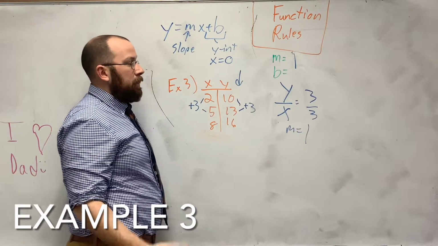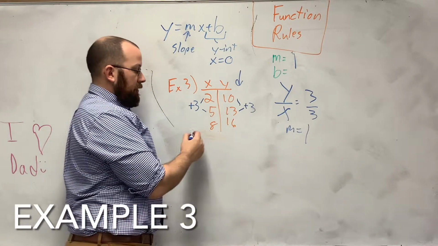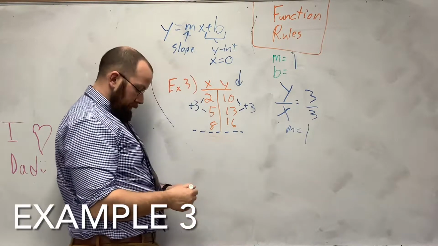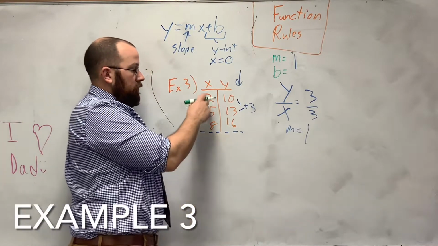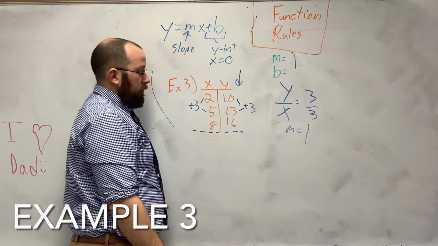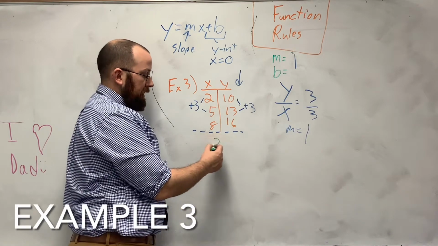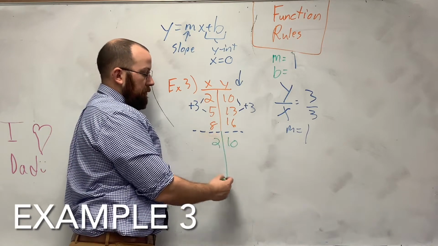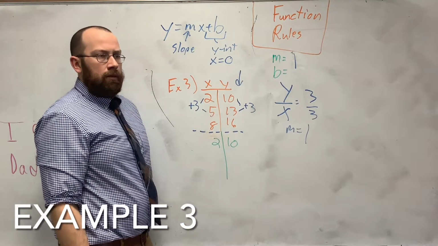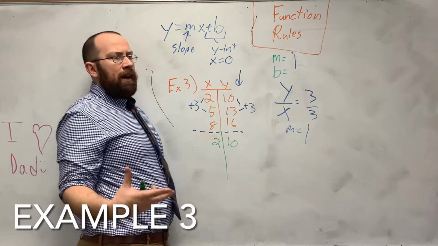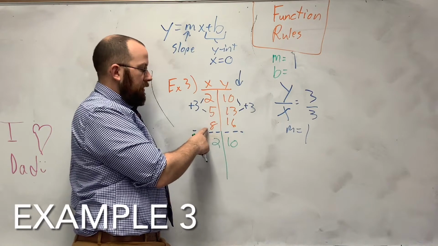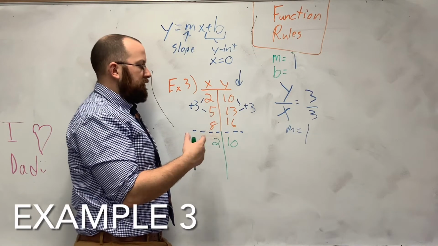Now we just have to find what our B is. All right, so we're going the other way. And this is going to take some thinking. So I'm going to take 2 and I'm going to put 10 down here. But I'm trying to get to 0, and this is counting by 3s. All right? So if I'm going by 3 each time, so 5 to 2, 5 to 8, how many would it be? So if I went 5 to 4,